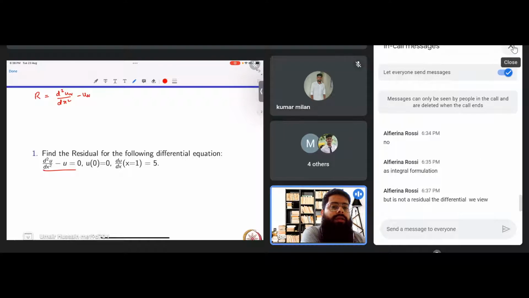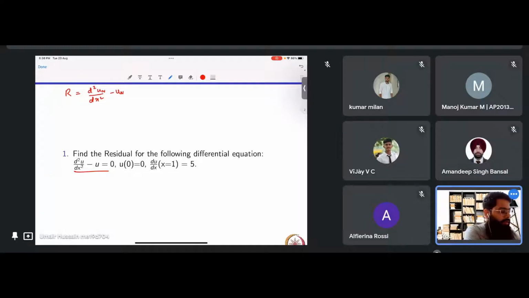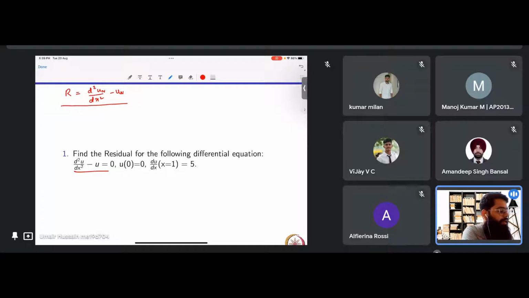What do you mean by differential? Isn't this the residual, right? Right, right. We should search for an approximation. Not for the weighted integral, we should search for the approximation for this. So we approximate this as